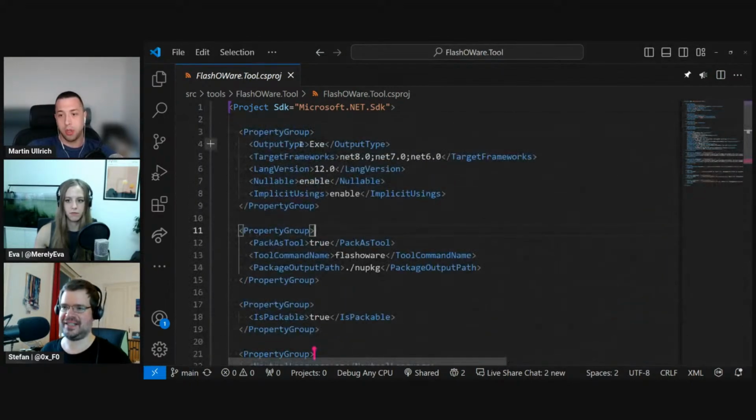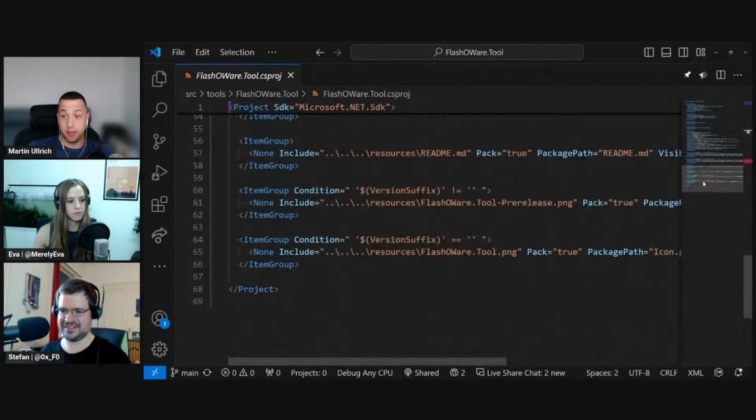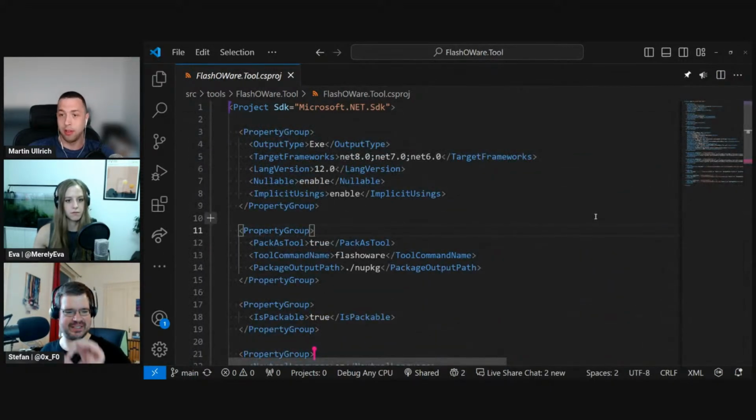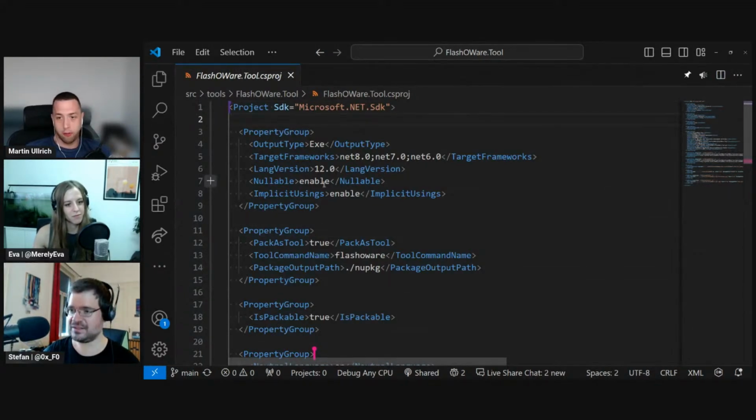I see. I can imagine this is a lot. So these lines that we have here, they kind of get lost. You can actually have a look at what your project file actually looks like. So if you open a terminal in that folder,